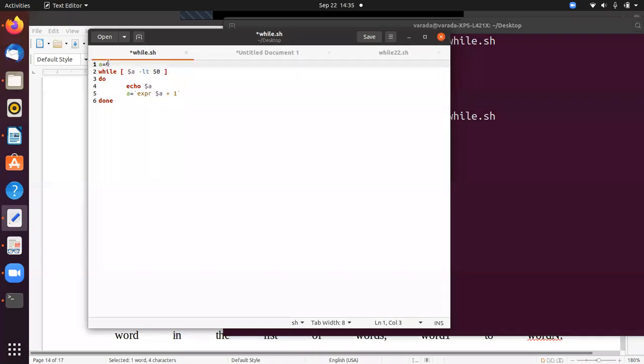I can start the value at 10, and every time I am going to reduce the a value by 1, and after that check whether it is greater than 1 or not. How can I check greater than? -gt. If it is greater than 1, then I am going to print the a value.